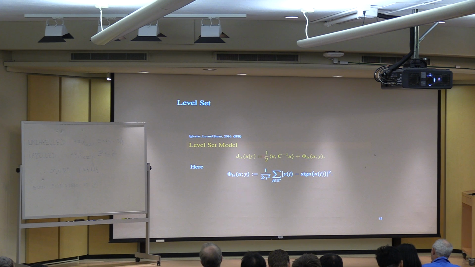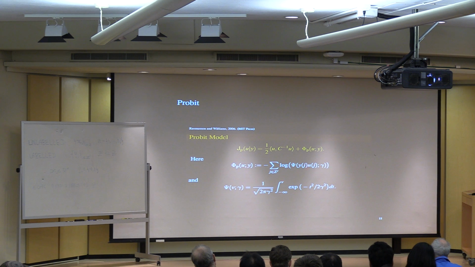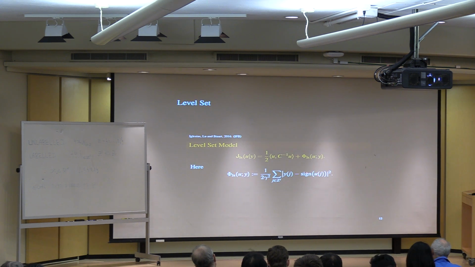The level set model works like this. We have the same quadratic penalty, which tends to favor aligning with the Fiedler vector. And we have a penalty term which penalizes the sign of u from being far from the labeled data y, which takes value either plus or minus 1. So this looks directly like the way I was talking about the probit model in terms of the sign of u and how it aligns with y. In this model, we've directly built the sign of u in. Okay, so these are two different optimization methods, one coming from physics-based applied math, one from machine learning.